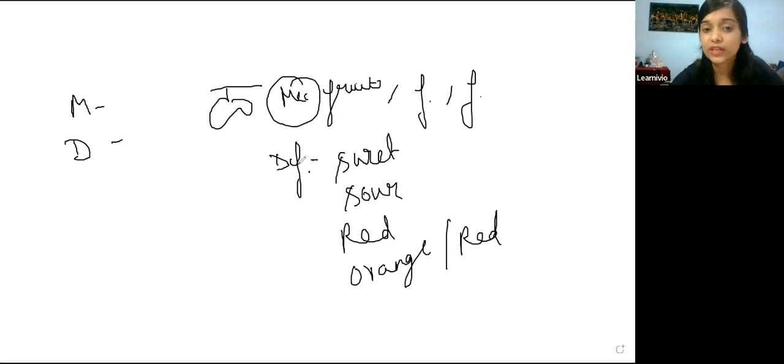But when it comes to definition, according to Naveen, this fruit is very sweet. According to Sanya, this fruit is very sour. According to Naveen's friend, this fruit is of red color. So they are defining it. So definition can vary. If you define something in terms of your own words, that is definition. Defining something is definition, and definition can vary. Maybe you are defining something differently, I am defining that same product differently, but we cannot change the meaning. Meaning will always remain the same, but definition we can change.